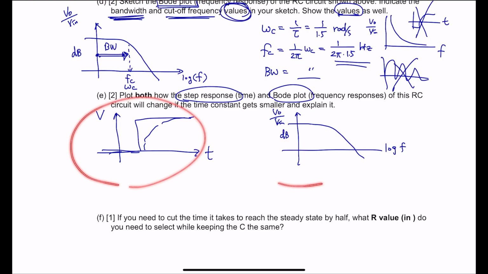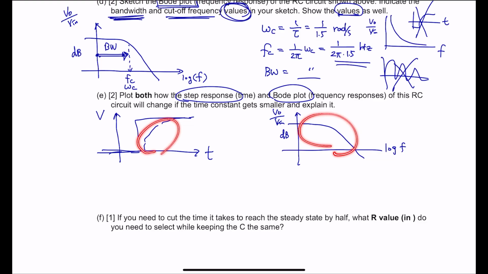So these are the step and the Bode plot. And then what do you want to check? We want to check how the graph here will change as the time constant gets smaller. And then I want you to explain it. So you guys explained it well, and the way it may change is it's going to go like this. It rises up quickly as we have a smaller time constant, and as the time constant is getting smaller,